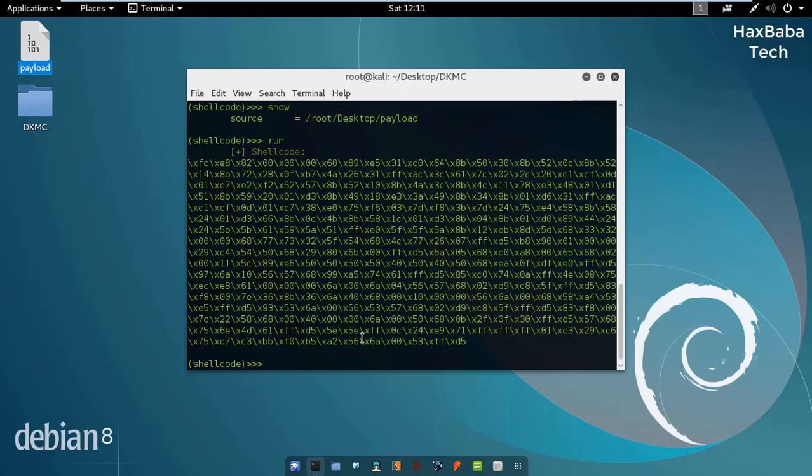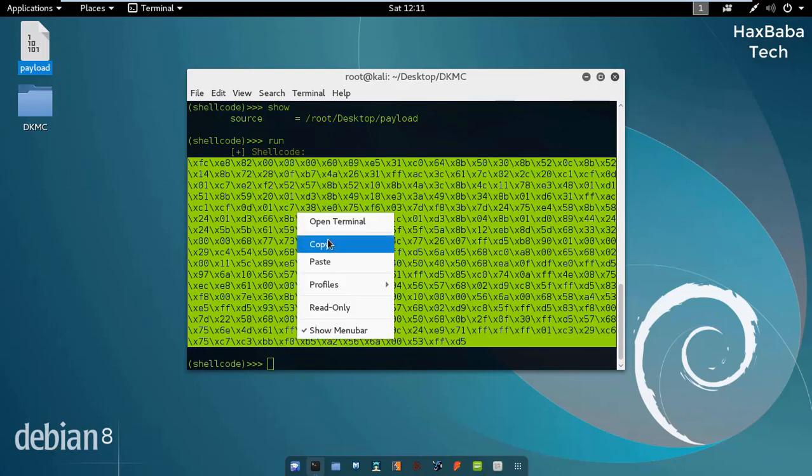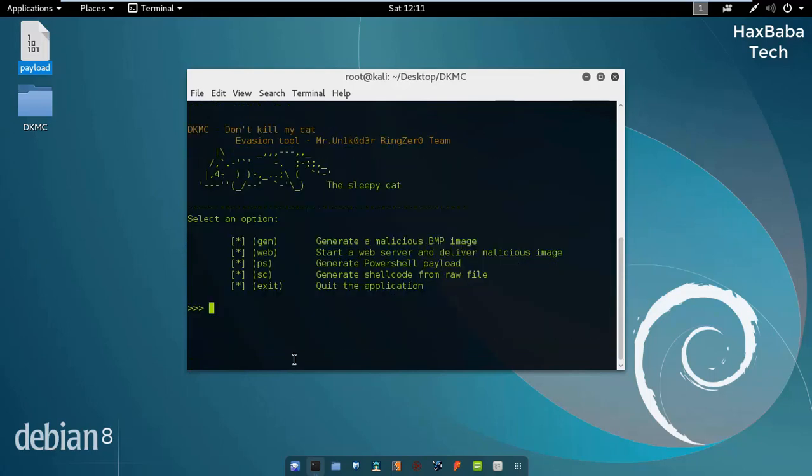And type run. It will give you a shellcode of our MSFvenom payload. Copy that shellcode data and type exit.